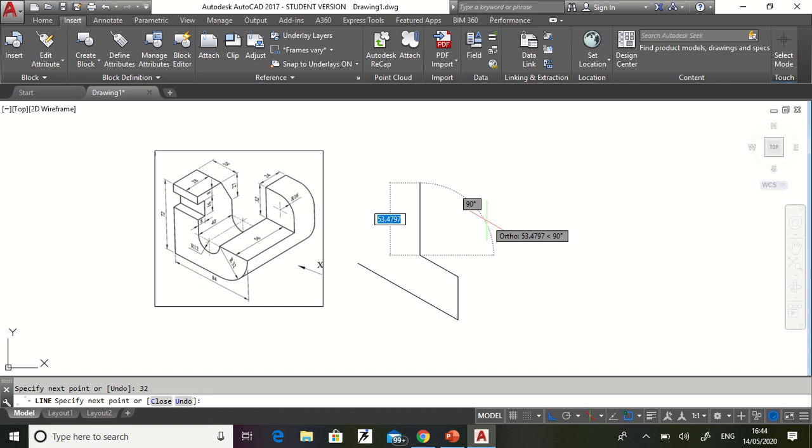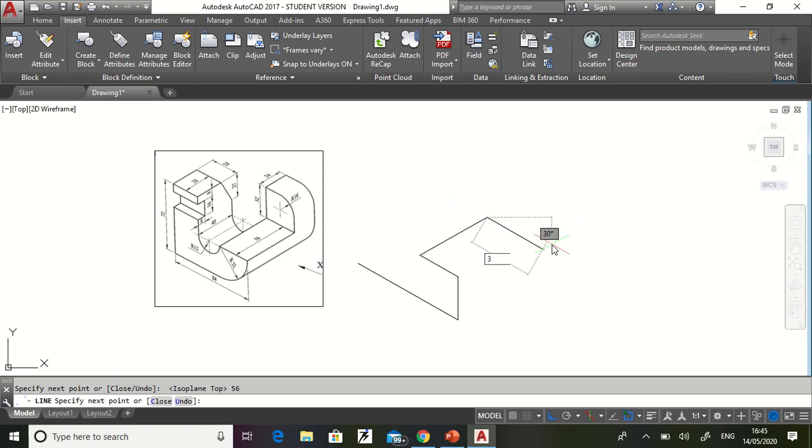In order to change the plane, we have to press function key F5. F5 is also called toggle between the planes. So in order to change from ISO right to ISO plane top, we will press the function key F5. Please remember and take it down in your journal that to toggle between the planes, press the function key F5. Then this will be 56 from this side and press enter.